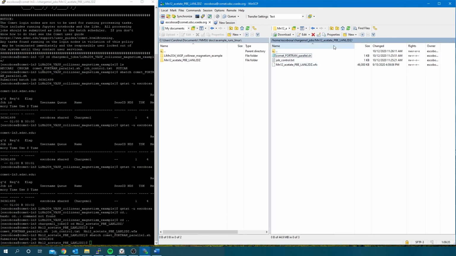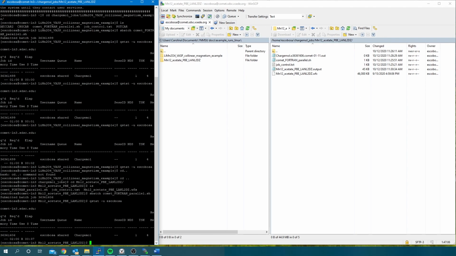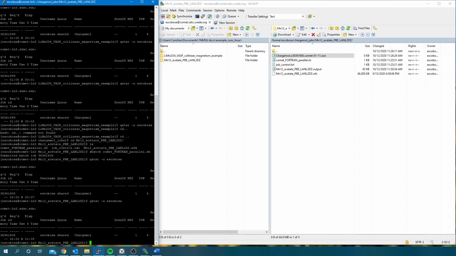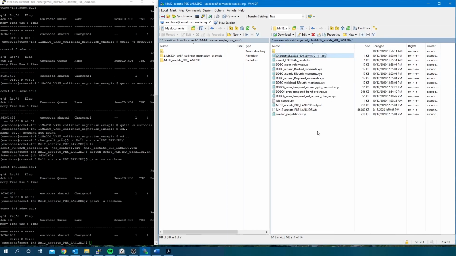After the job is submitted successfully, hit refresh and note the appearance of two output text files. Remember not to open such files in WinSCP when the job is still running. For that, you can use the qstat command. This process took longer compared to the VASP example. Once you know the process has finished, transfer the output files to your local computer.